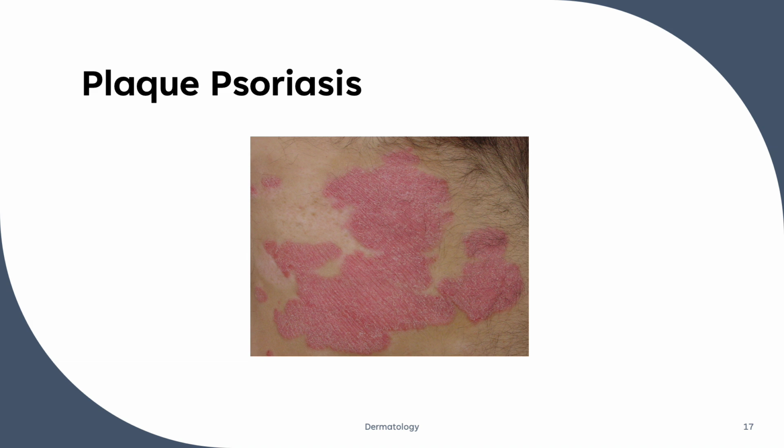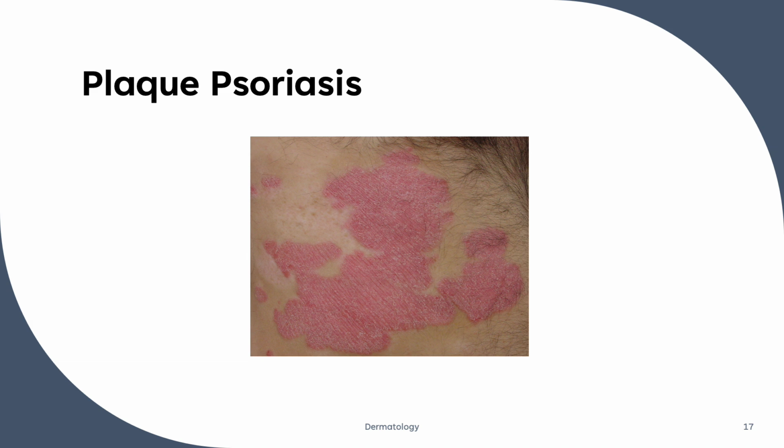Plaque psoriasis is a chronic autoimmune skin condition that affects millions of people worldwide. It's characterized by the rapid growth of skin cells, leading to thick, scaly patches that can be both uncomfortable and unsightly. It is multifactorial. It often involves genetic predisposition and immune system dysfunction, along with environmental triggers such as stress,